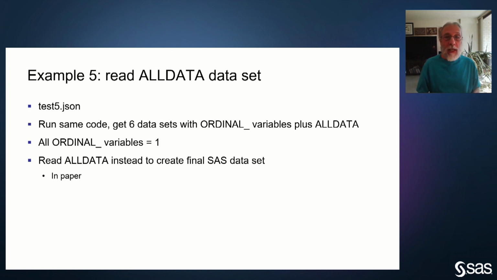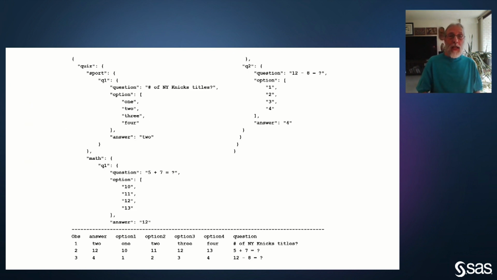Okay, next example. Now, here we're going to do test5.json, and we're going to see that we're going to have to do something different. Okay, now this is a little convoluted, but the JSON file scrolls down the left-hand side, and then it continues on the upper right to finish. That's the only way I could fit it. And the ultimate data set that we want to get